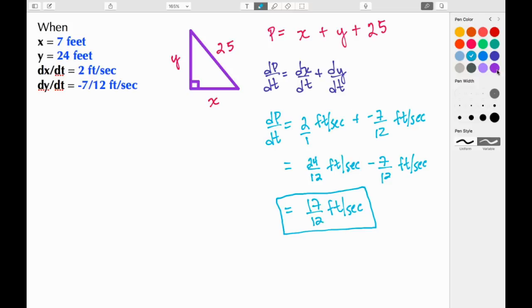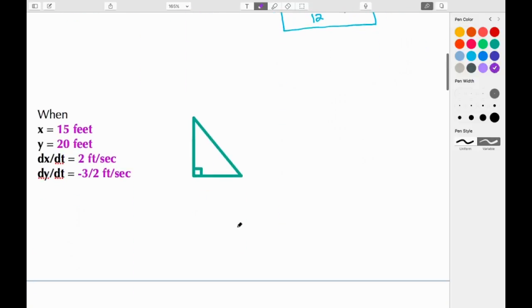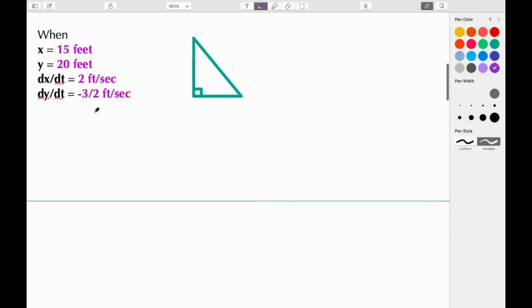All right, let's move on to our next example. In our next example, we want to find the perimeter when the bottom of the ladder is 15 feet from the wall. And again, we have given information we calculated, and I'll add that previous tutorial. So again, the ground is x, the wall is y, and the length of the ladder is constant at 25. So we want the perimeter, which is the x value plus the y value plus 25. And we take the derivative.